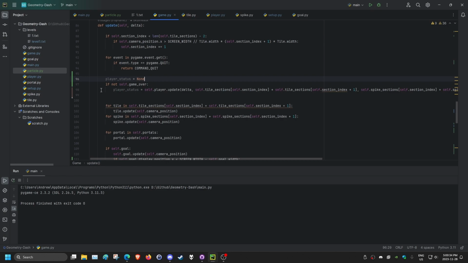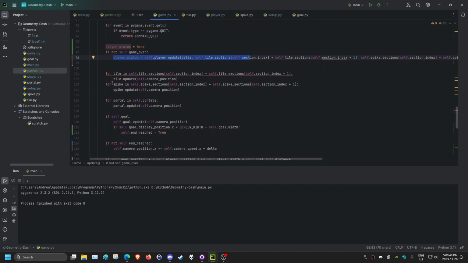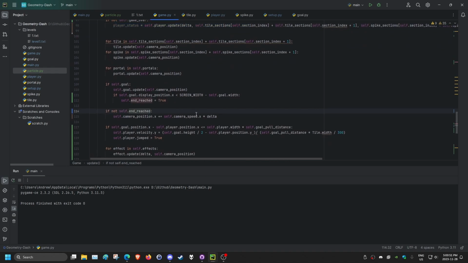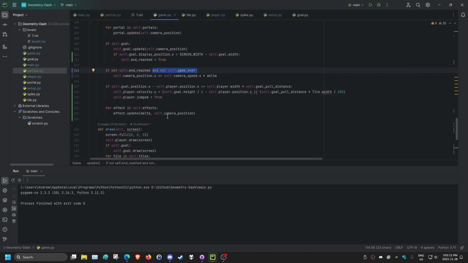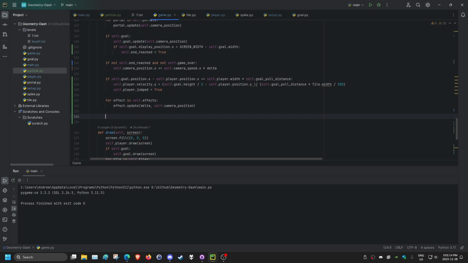So to do that, we need to put in these two lines here, and these will get the player status for us. And then if the game is not over, then we will update our player. And if our end is reached and not self.game_over, so if our game is over, then we want to stop moving the camera as well, so we can add that over here. And then for effect in our effects, okay, after our effects, right,